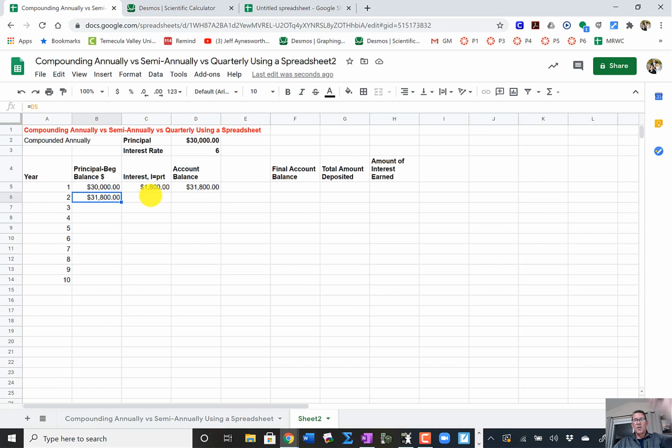Now, here's the beautiful part about spreadsheets. I've got a formula in this cell B6. I've got a formula here at C5, and I've got a formula built in D5. All of these are formulas. Now, what's cool about the spreadsheet and about Excel and all of that,